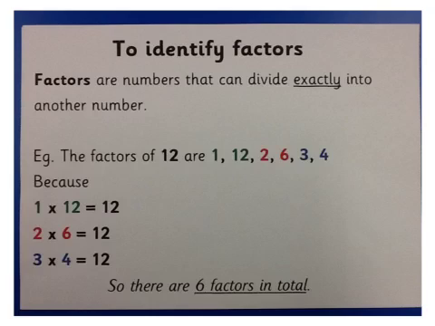Any number that has more than 2 factors, so they have 3 factors or more, they're actually called composite numbers, purely because they've got more than just 2 factors. If they have just 2 factors, they are called something else, which is prime numbers, and I'll explain that in another video. Another question you might get asked to do with factors is